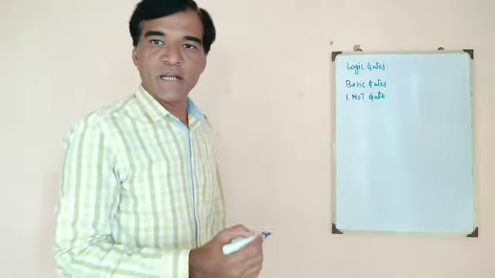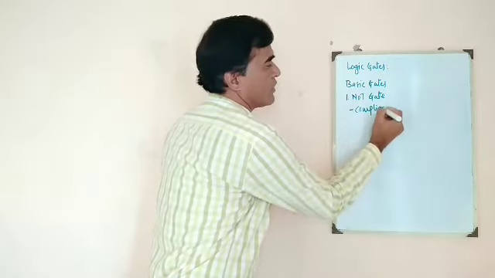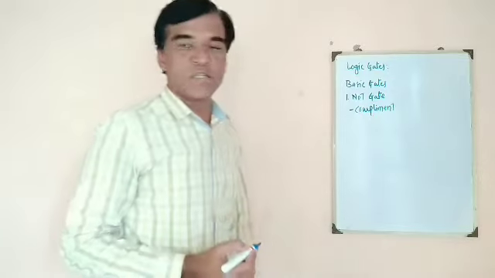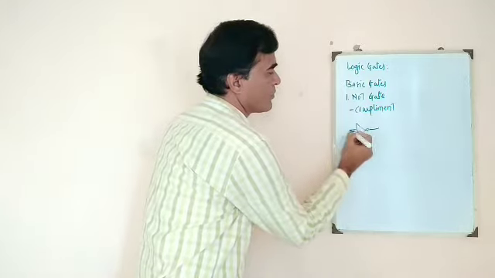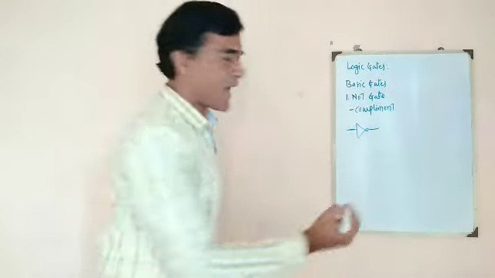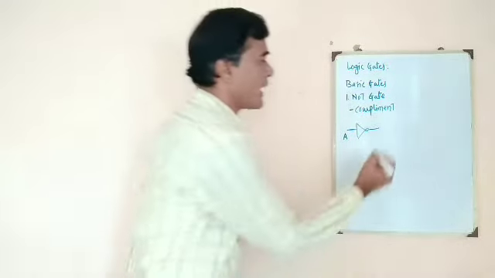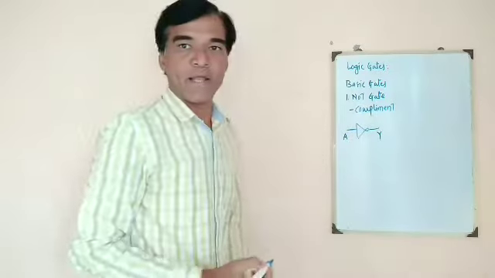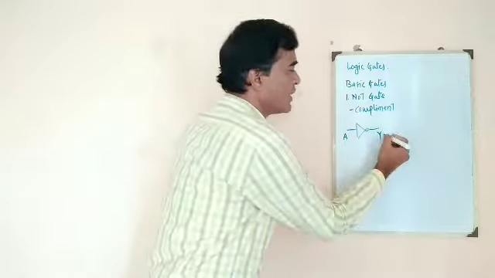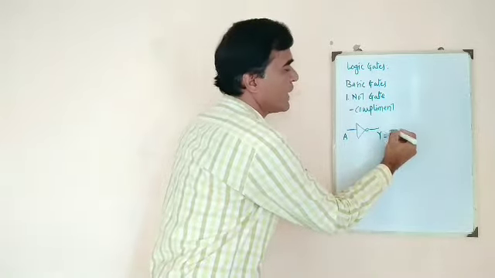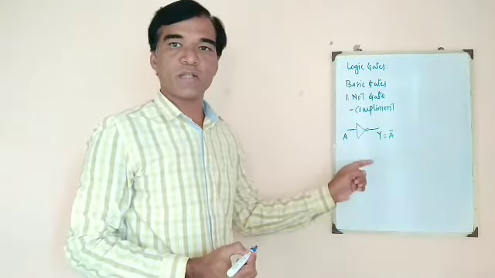The NOT gate basically performs the complement operation. The symbol for NOT gate is, this is the symbol. It has only one input. Let us say it is defined by the variable a, and it has one output y, and the expression for the y, that is output of a NOT gate, is y is equal to a complement. As it performs the complement of an input, it is also known as inverter.